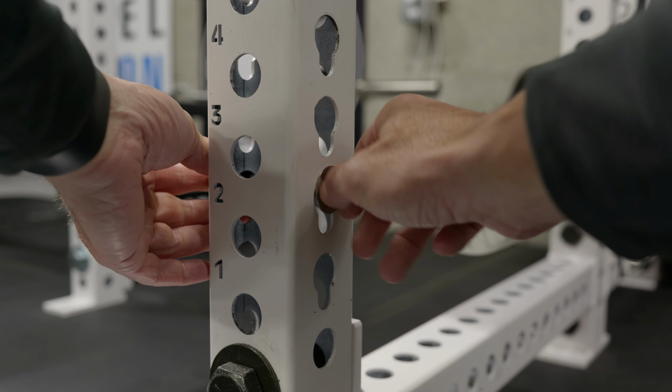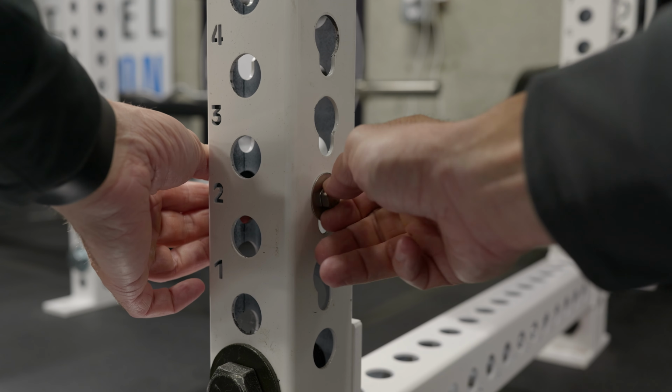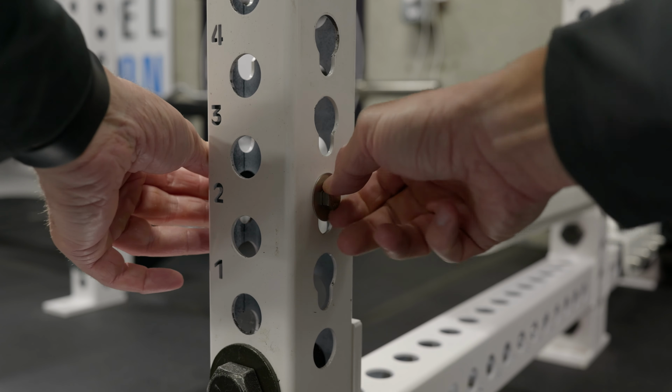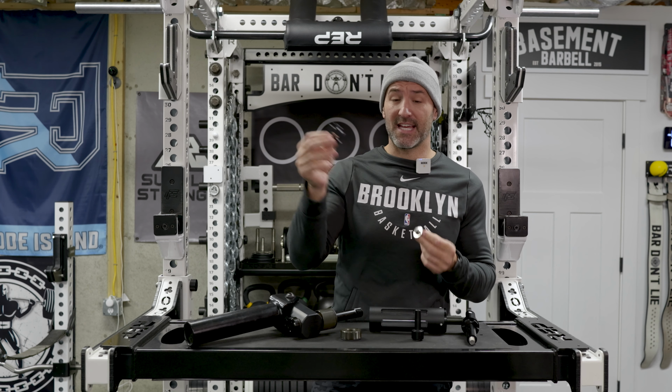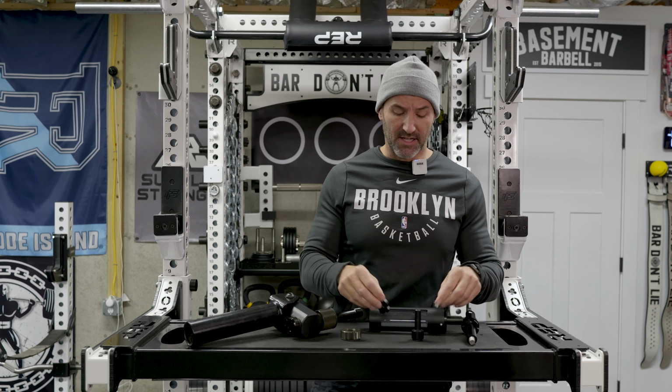So what I end up doing is basically just kind of pinching the head of this bolt and twisting the magnet piece on to tighten it when I'm putting it on the rack. But that leaves me not being able to get it very tight. And also just taking it off is also not very enjoyable of an experience. So I'd love to see literally just take this and make a cap and put it on there and we're good to go. But other than that, like I said, I really like this landmine